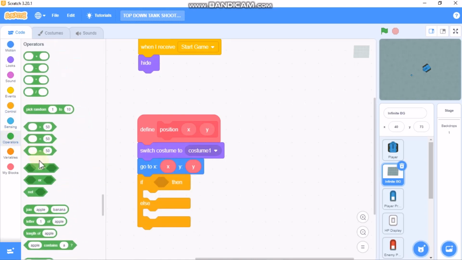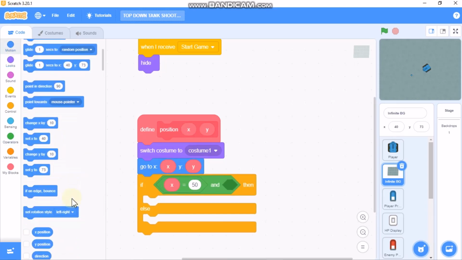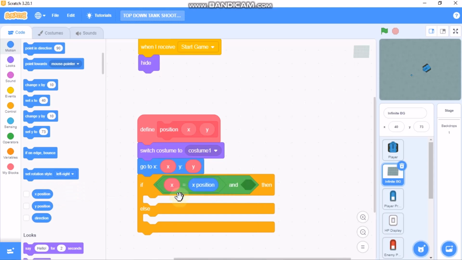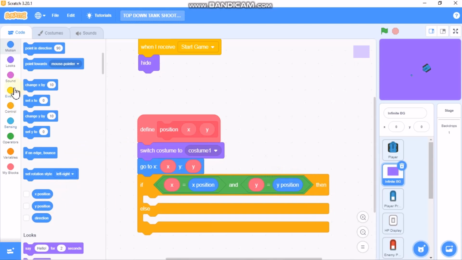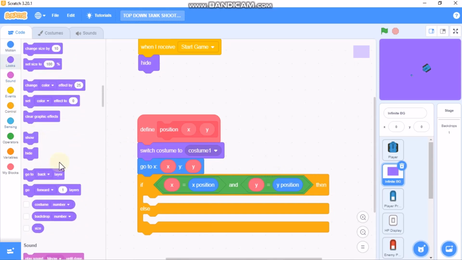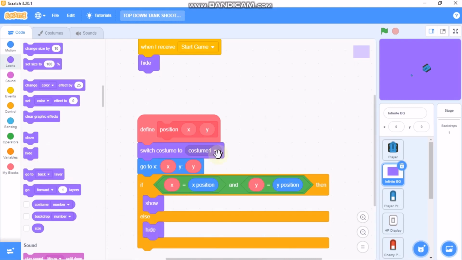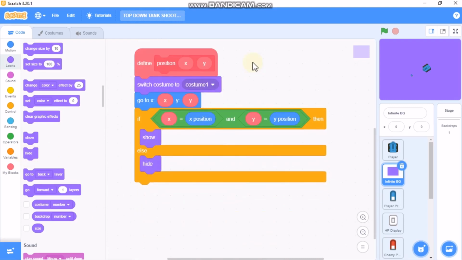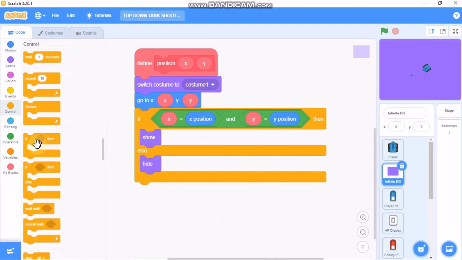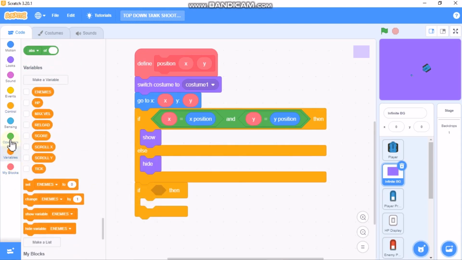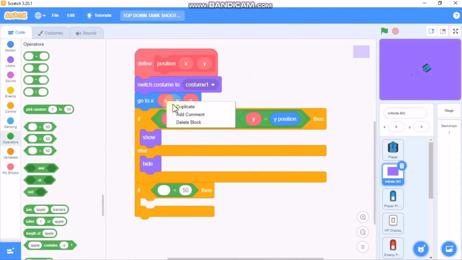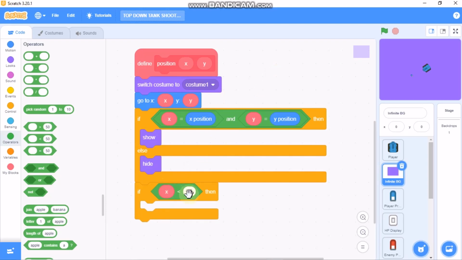So if x position equals to x and y position equals to y, then we need to show else hide. So grab the if statement. So if x position is lesser than negative 500,